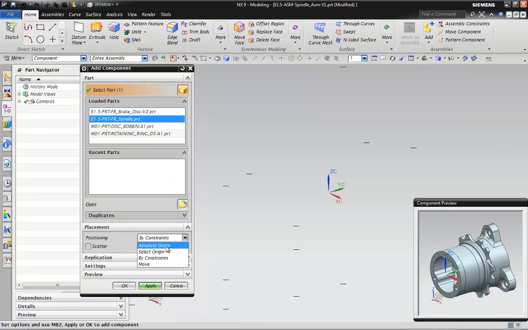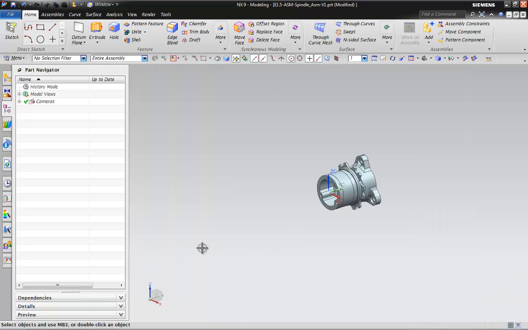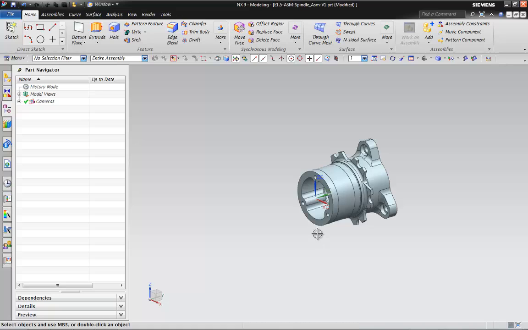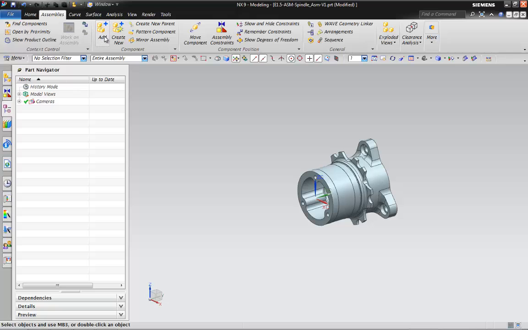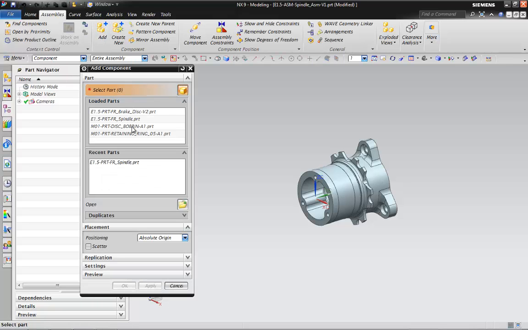For the first part, we're going to put it on the absolute origin of our assembly. Just hit OK. So now the spindle origin is lined up with the assembly origin, which makes sense for this. When we build the whole car, it won't always be like that, but for right now, just to show how we do it, we'll go to the assemblies menu, we'll go add, then we're going to add in